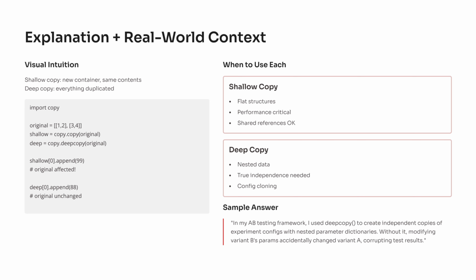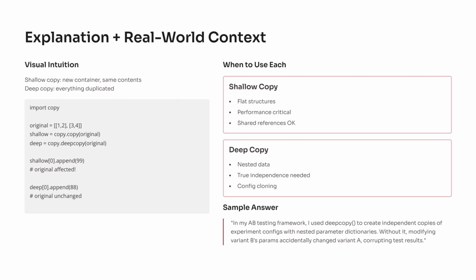Let's break this down with an example. Imagine you have a list of lists, like a dataset with two small tables. When you make a shallow copy, Python creates a new outer list. But the inner lists, the tables themselves, still point to the same memory. So if you update one table in the copied version, the same change appears in the original, even though you